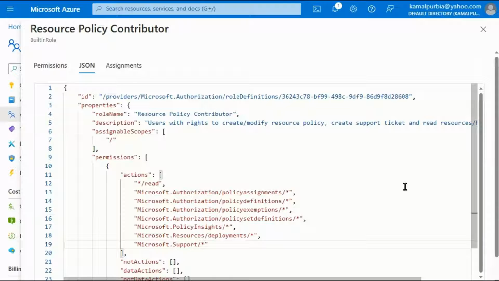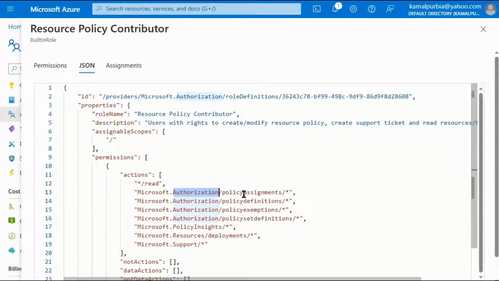Similarly, for the user 4, contributor role for the resource group 2 will not be the correct answer as it is having the authorization under not action area. Contributor role for subscription 1 will also not be the correct answer because it will have the authorization section in not action area.